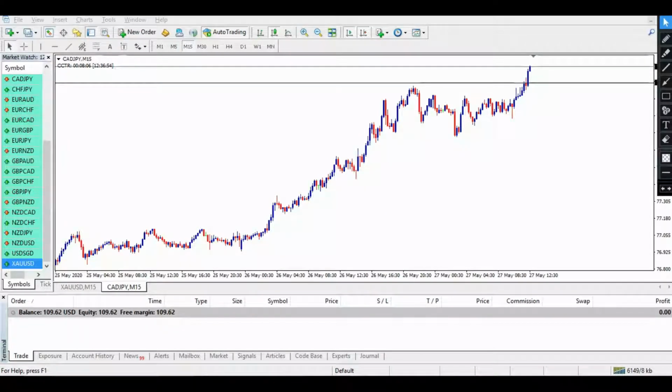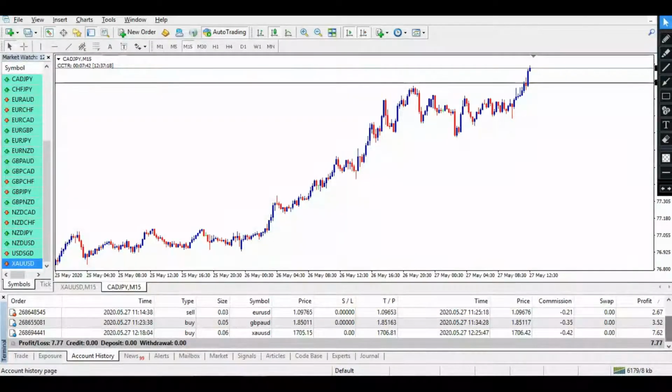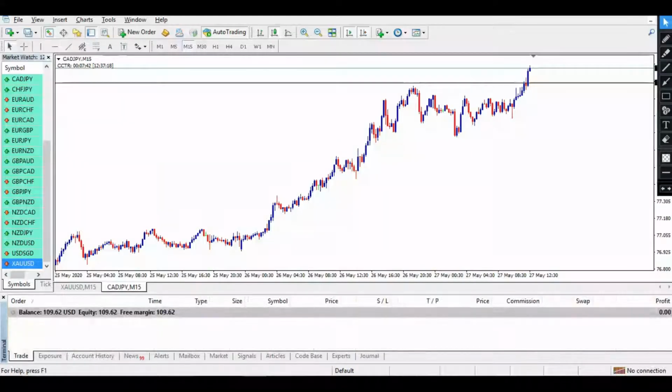So this was a very good day for me, and till now I have closed all my trades in profit except this CAD JPY. I don't mind that, because it is a part of the game. I always mention in my trading style, a 70 to 80% winning ratio. So as you see in front of your eyes, this is what I did. So this was a great day, and I hope you like this video.